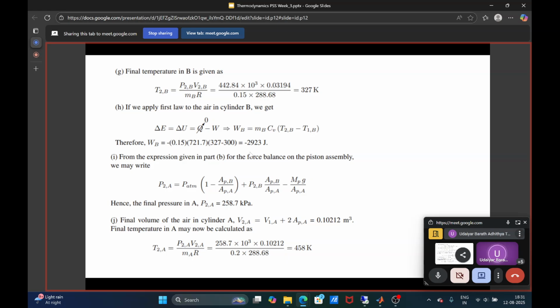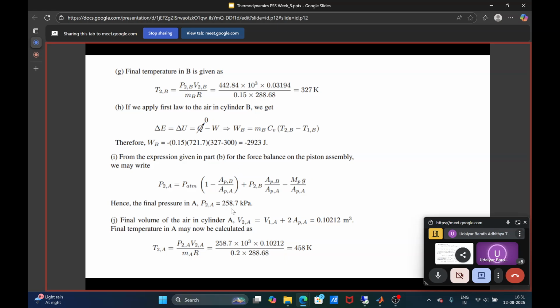So WB is minus 0.15 into CV, which is 721.7 for air, and 327 minus 300, which is the initial and final temperature. So that gives you WB as minus 2.923 kilojoules. So using this